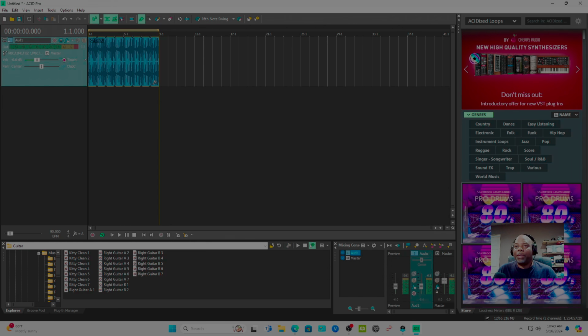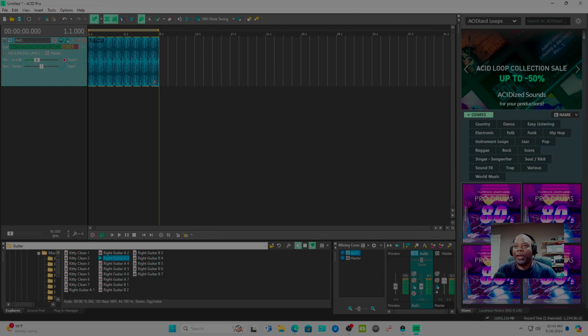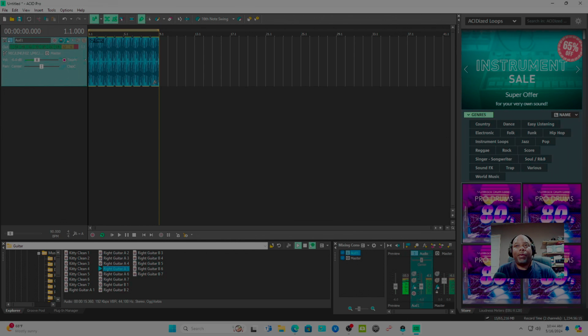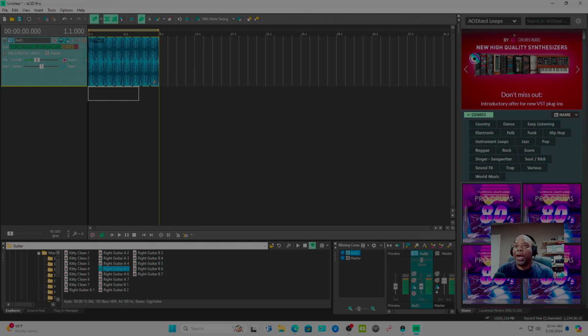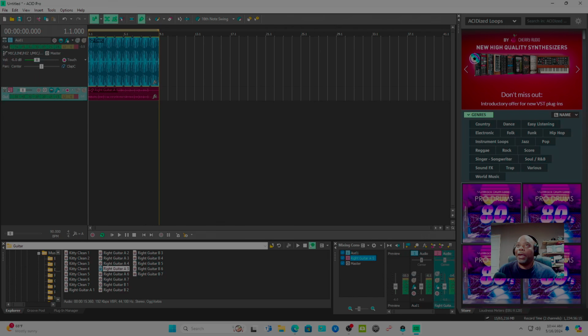So look, you see it's broken down in the bottom left. Kit 1, 2, 3, whatever, right? So as I click them, these are nothing more than loops. That's what this software is made for, loops. So you could bring a loop over in here and be like, look, just drag and drop, right? And just like that,